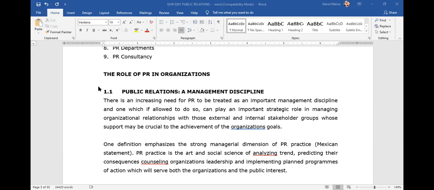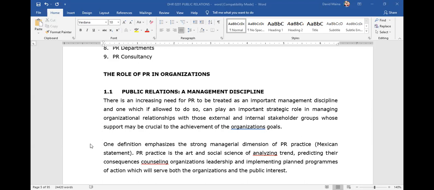There was a book on public relations I was reading, I think it is Cutlip. Cutlip was saying that PR is like the air that we breathe in. We cannot decide to have it or not to have it. Like now, you cannot decide, today I'm not going to breathe, I'm going to take 24 hours without breathing. My friend, you will die. The same case with PR. The way you dress and the way you speak communicates more about you. That is public relations. So PR is a communication discipline.